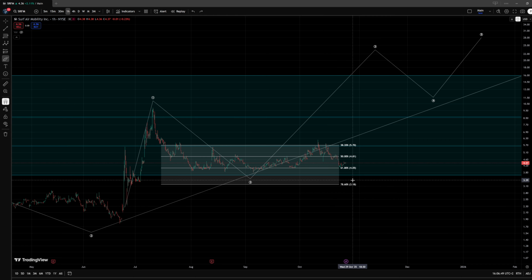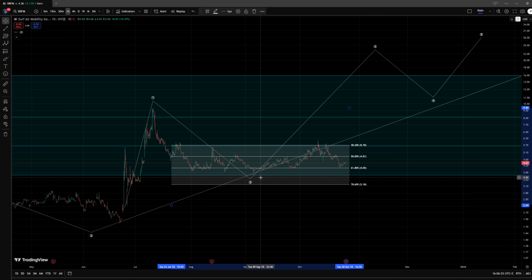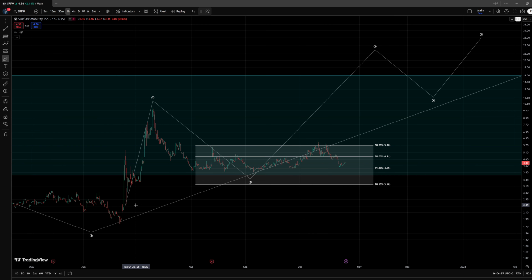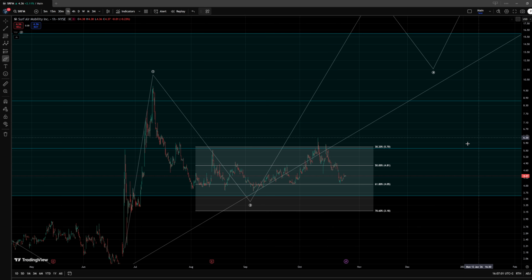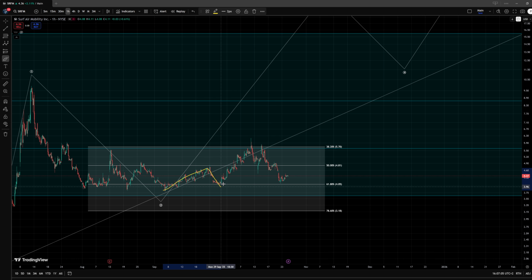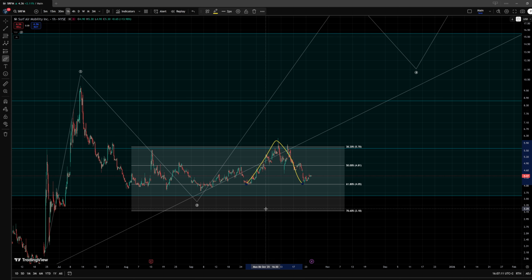Now again, below the 78.6% retracement, it becomes unlikely that it would still work out. It's not formally invalidated. For that we would need to break below the $2.3 level, but for now we can still track here an idea that this could be developing as something like a 1 2 1 2 setup. But it did already retrace quite deep within this internal 1 2, so I don't necessarily have too high hopes